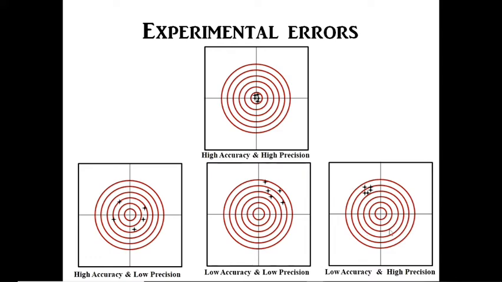Now in this case you can see that the repeated data is very close to each other. You can say high precision, but all the data is very far from the standard one. It means that it is very low accuracy. Now here all the data is far from each other. You can say that it is very low precision, but all the data is very close to the standard one. Yes, you can say this is very high accuracy. Now in this case there is very low accuracy and low precision, because the repeated data is far from each other, and also very far from the standard one.